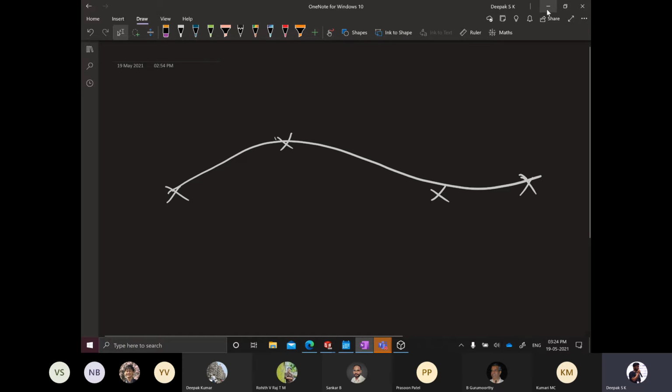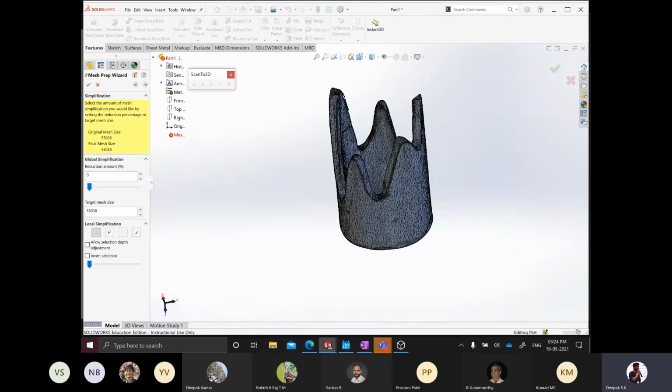So how to use this: in the case of simplification, when you have a plane surface, and the plane itself is jumbled into many different planes, you simplify it by reducing the number of points so that it becomes a single plane. That is the role of simplification. Let me simplify this further and then show you. Yeah, I think you can see the difference. The number of triangles or the number of mesh points here has reduced.